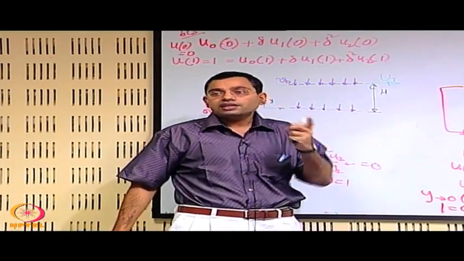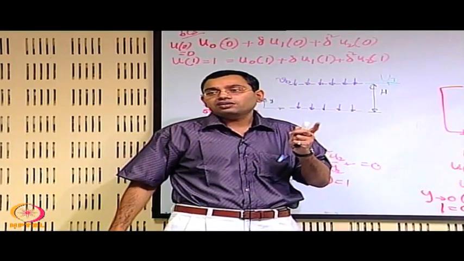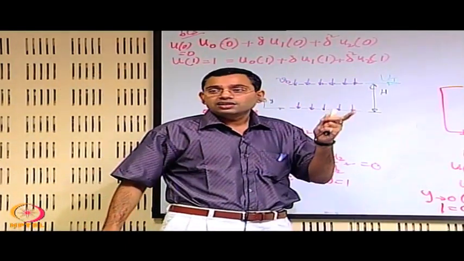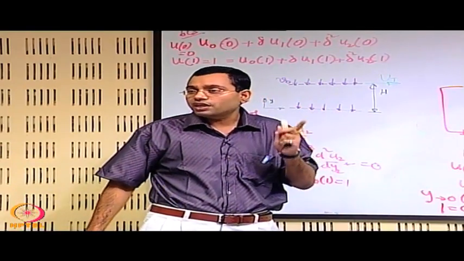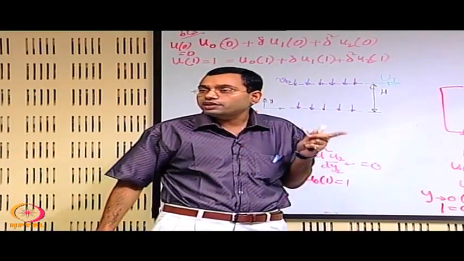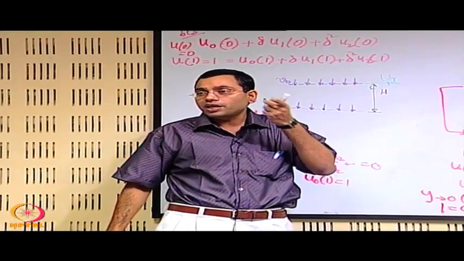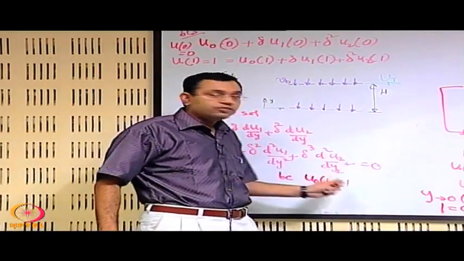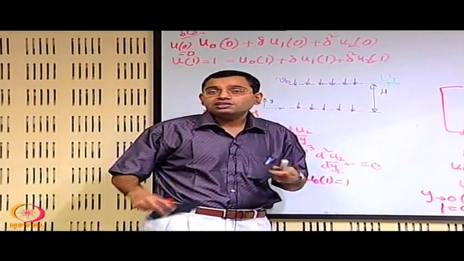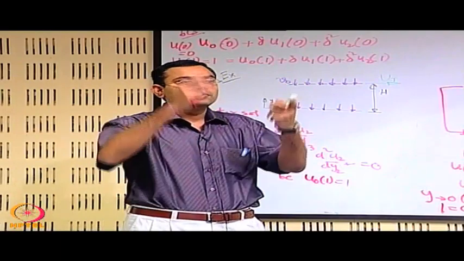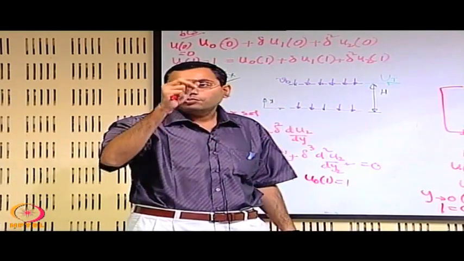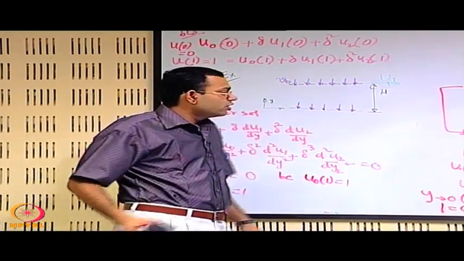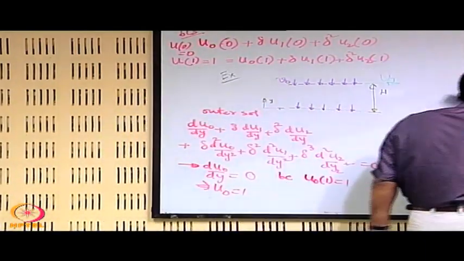Then similarity transformations were automatically giving rise to a tractable solution if you rescale the variable as eta is equal to y into some function of x, g(x), where that scales with 1 by delta, and therefore we see that y by delta is a sort of a magic coordinate system within the boundary layer which gets confirmed by this analysis also. So what it essentially does physically, it zooms up the boundary layer coordinate by applying a stretching by an amount 1 by delta. Okay. Now